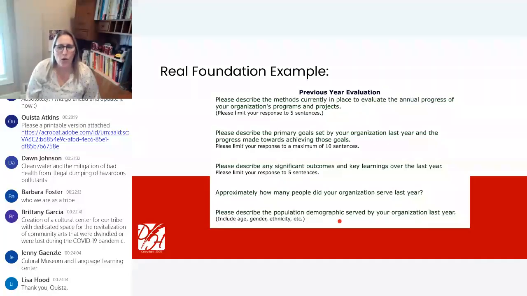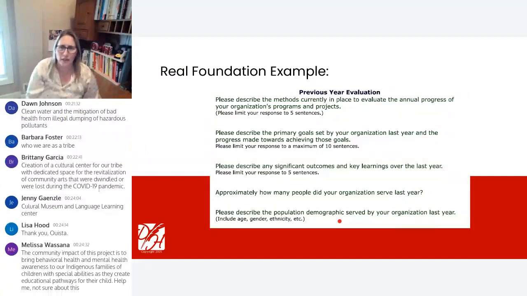What were the goals set by your organization last year? And what is the progress you have made towards achieving them? What are any significant outcomes and key learnings in the past year? How many people did you serve this last year? Talk to us about the population demographics of those you served last year. Now,